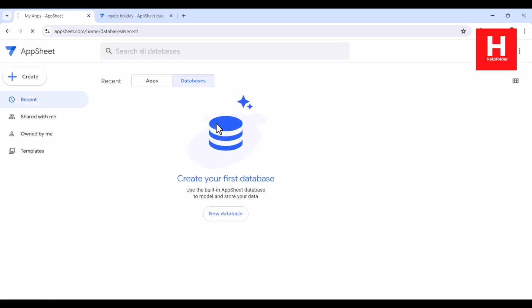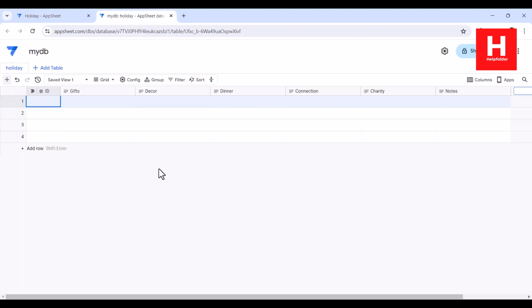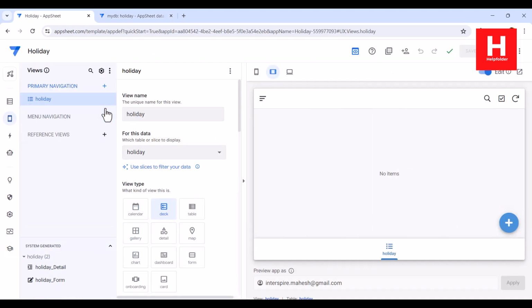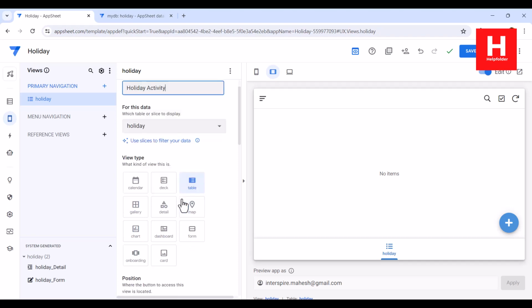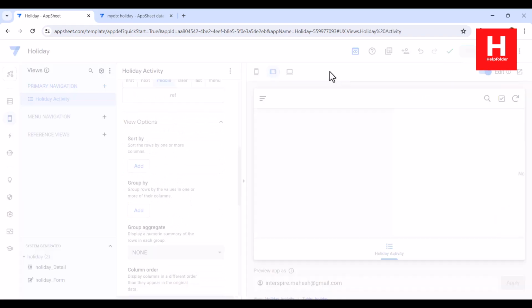Now this will load up and it will be empty considering we don't have any form of data here, right? You can make a variety of changes to this particular data so that you get to track them properly, right? So for this particular example, what I will do is I will just go to view and then bring it to tabular, and here I can name this view as, right? You can also remove the sorting option or add if you want. Now save this before you go and check the desktop view,